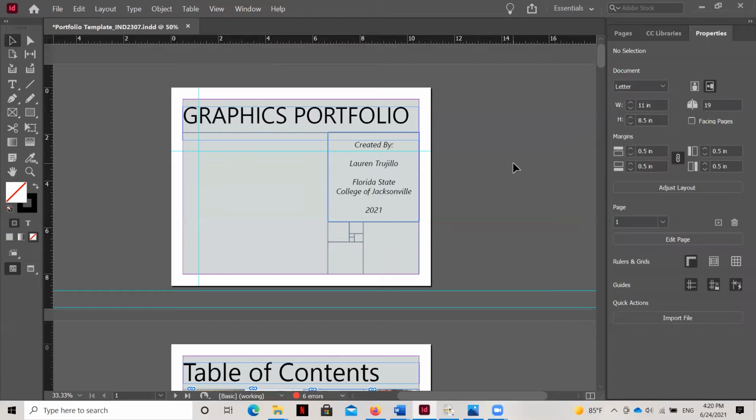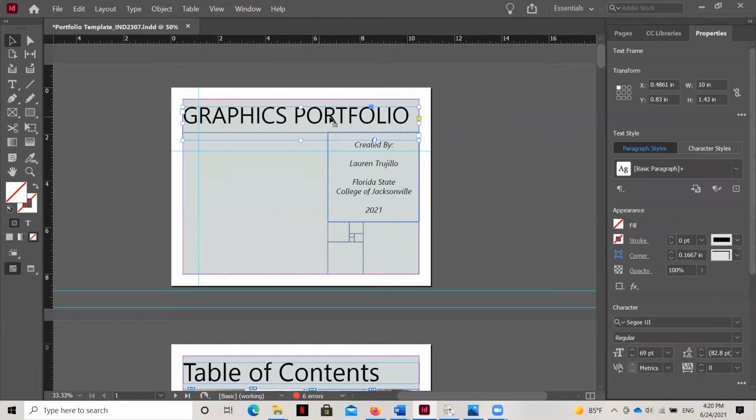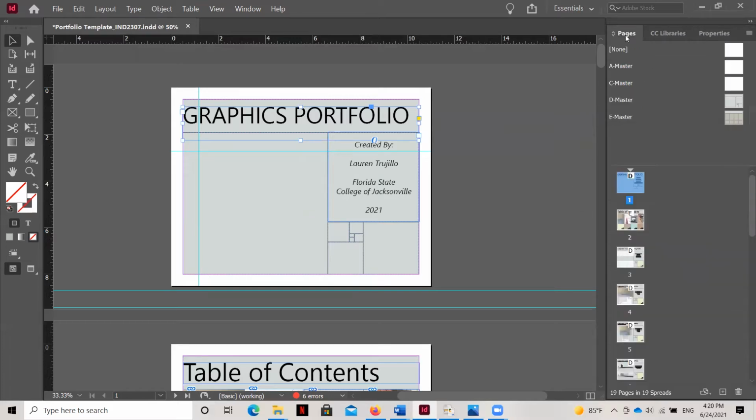So right now, nothing is selected, and so it's giving me information about the document itself. But if I click on this text box, you can see it's going to give me information about that text box and the properties of that text box. So we'll be going between these two tabs throughout the process of creating this template.